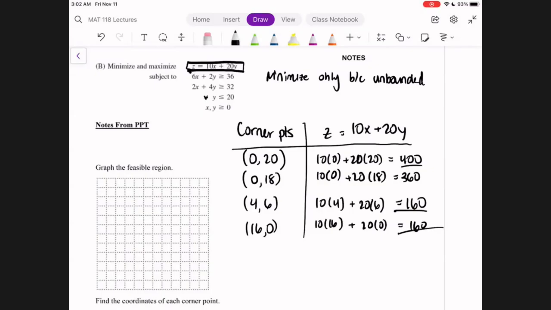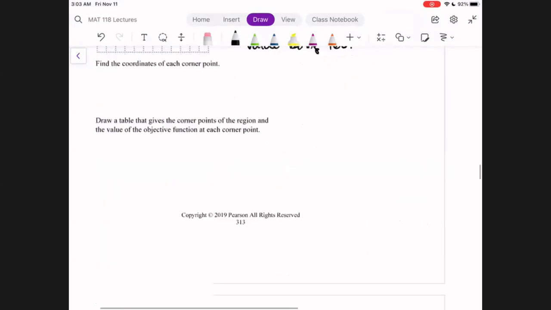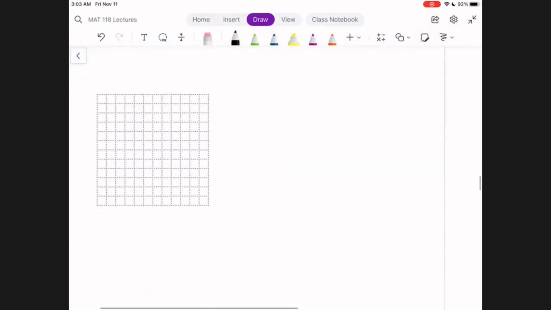So we see that the minimum occurs at 2 places, which is perfectly fine. So the minimum is minimized at (4, 6) and (16, 0) with the value being 160, okay? So the next problem, there's another MASH problem here,